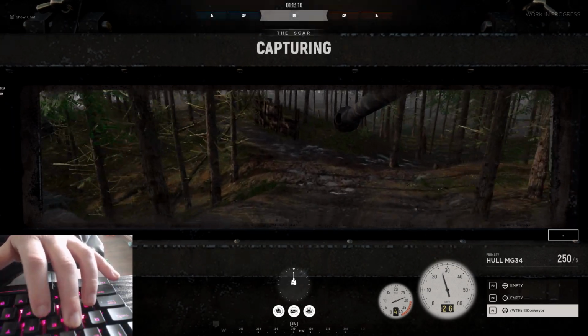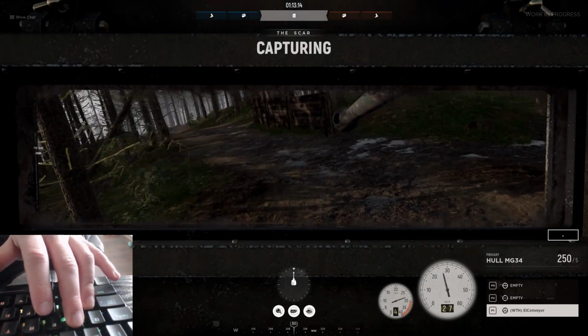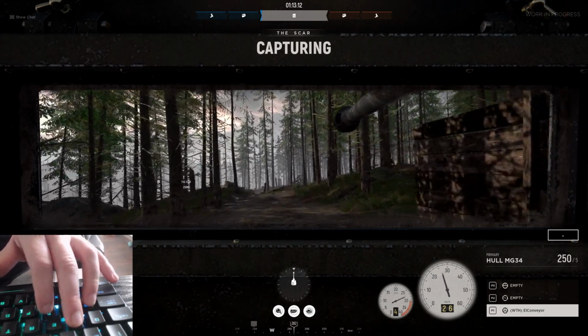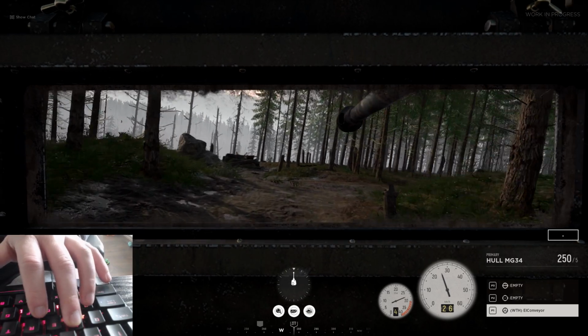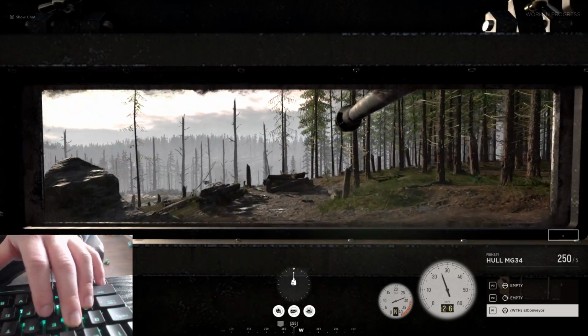Stop pressing the W and you should be able to correct the route so you don't hit the sides. Then again,